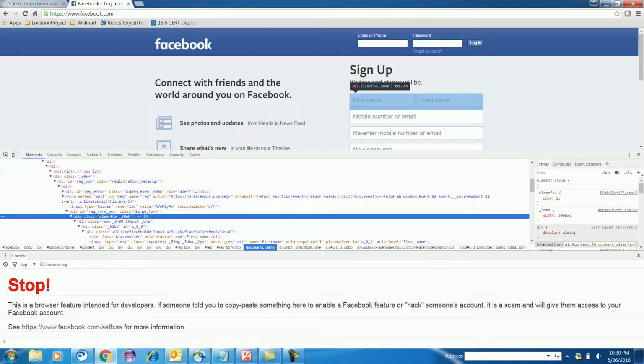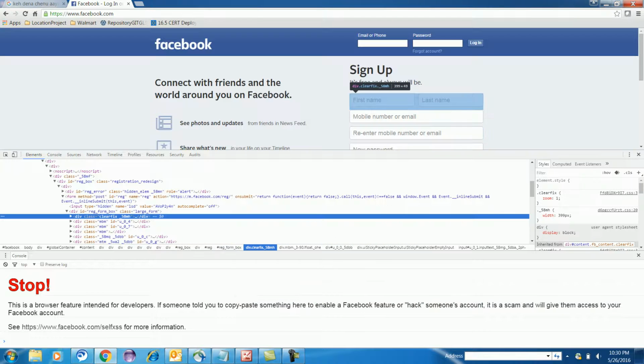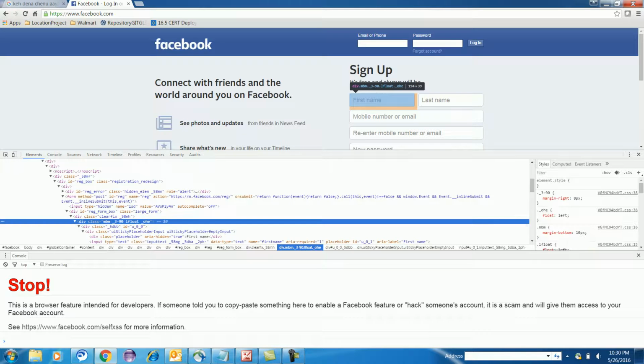After that I am using descendant, going down, and I am using div 1. So when I go descendant and use div 1, this is nothing but this name, and this name is getting highlighted, right. Now we will construct the XPath and we will see how it works.